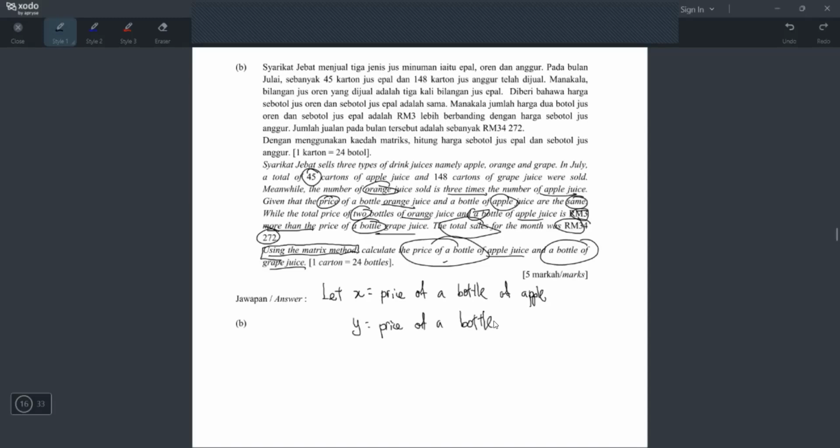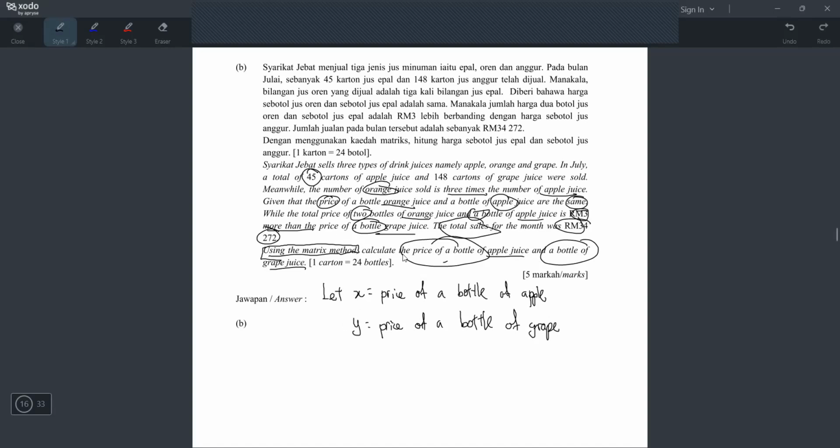Okay, so remember these tips I give you, please. Whenever we do simultaneous, macam mana? Jangan baca paragraph dulu. Okay, you can baca lah, the first time you baca the whole thing, right? But when you start, macam mana you kena start? You kena straight away tengok the last baris and then tengok apa dia nak cari. Kalau dia nak cari price of apple and price of grape, itulah yang you kena jadikan XY, right?